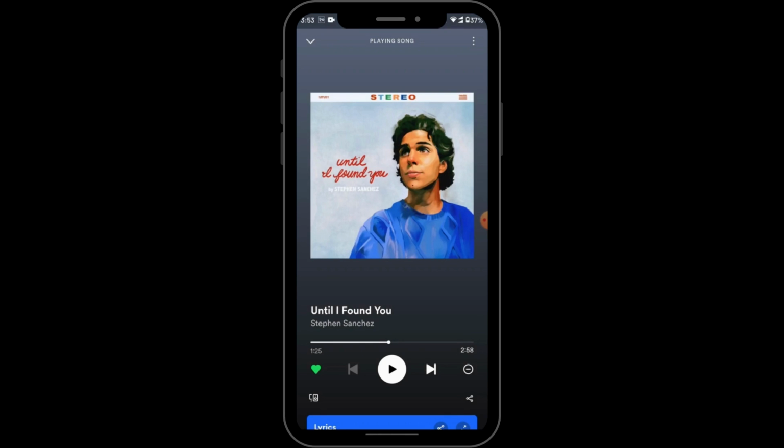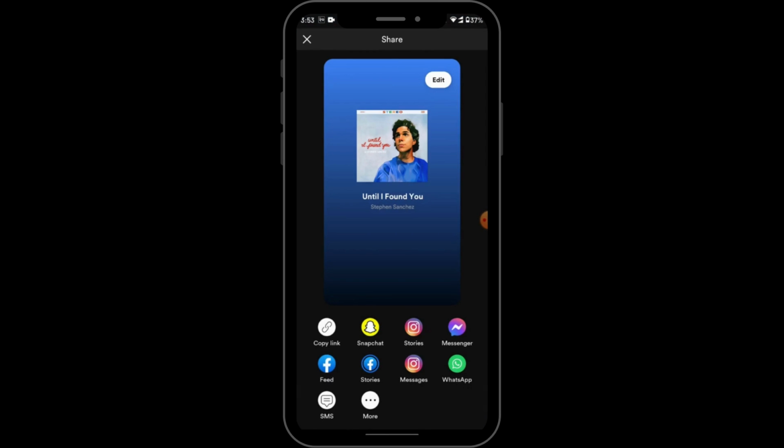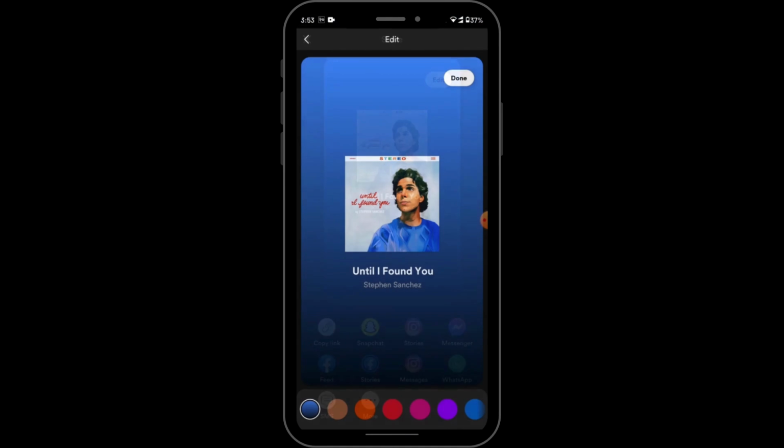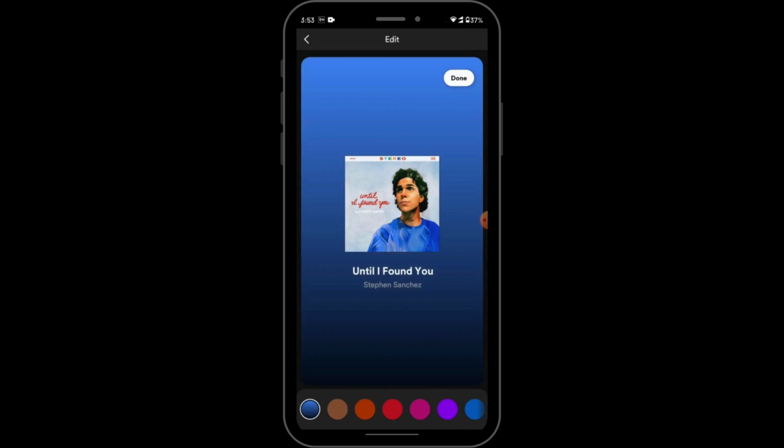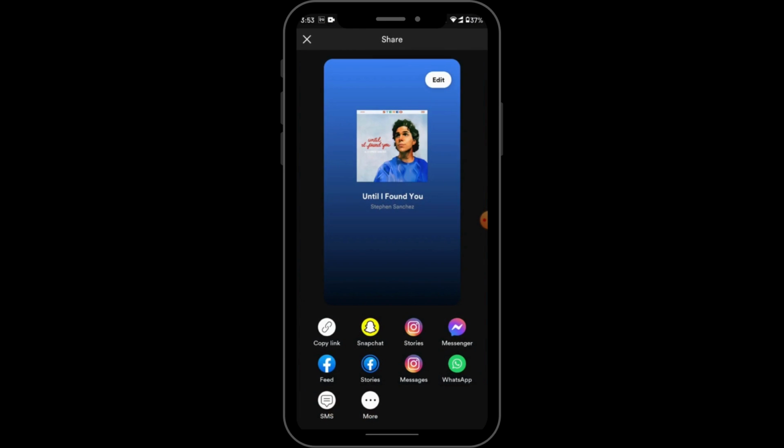So now you will have a share option on the bottom right corner. Tap on share and here you can edit this by tapping on that edit, and you can choose the color that you would like, and after that tap on done, and then here you will have a bunch of options to share. So if you want to share this to your Instagram stories, then tap on stories